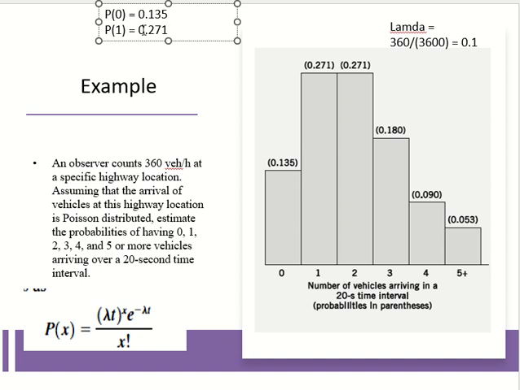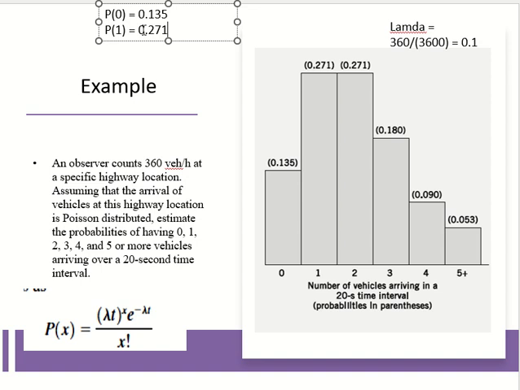Now pay attention. These values are given here, and this is how it is calculated. Clear? Anybody has any problem up till now? You put here 0, 0, you will get P of 0. You put here 1, 1, you will get P of 1. 2, 2, P of 2. Everything else is constant. These are the values.